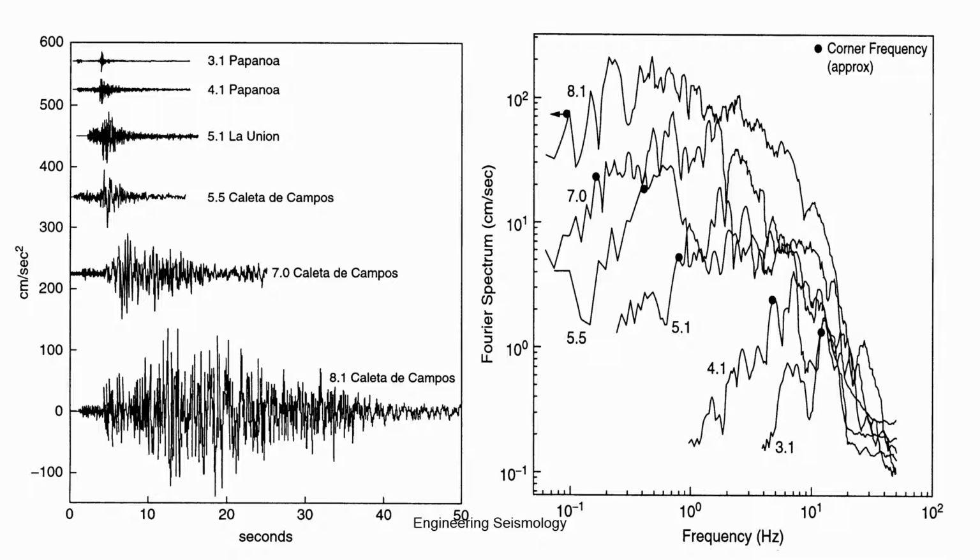Recorded from different parts, you can see how the corner frequencies change. It is basically a function of your seismic moment. In the Fourier spectrum, the frequency at which you get the corner keeps reducing with increasing magnitude. This is the typical acceleration history of the data which you use to get these